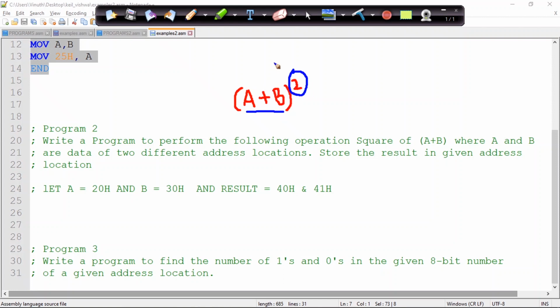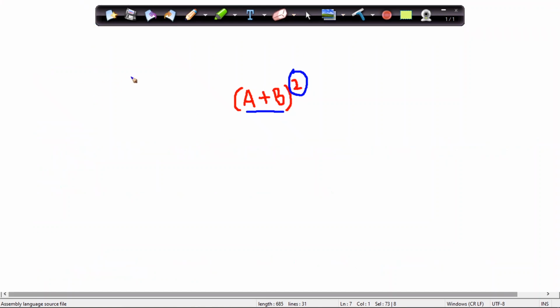Now if you look at it, what is happening is A is located in some address location. I need to take this particular A value into the accumulator. Then from the accumulator I'll keep this safe in my register B. Then I'll take my B value, take a copy of this B value, and move it to my accumulator.